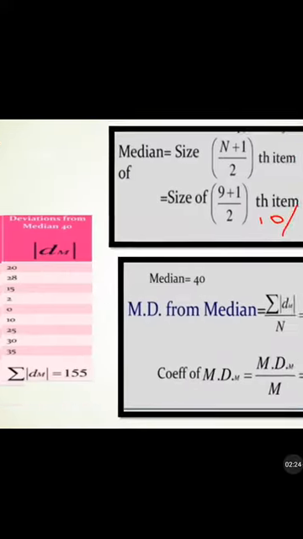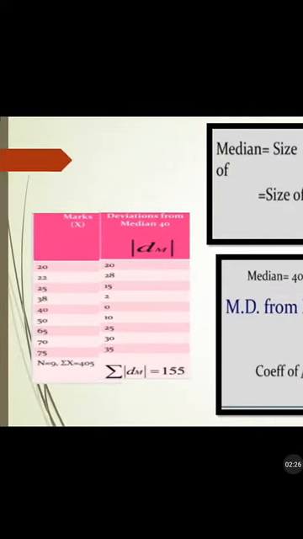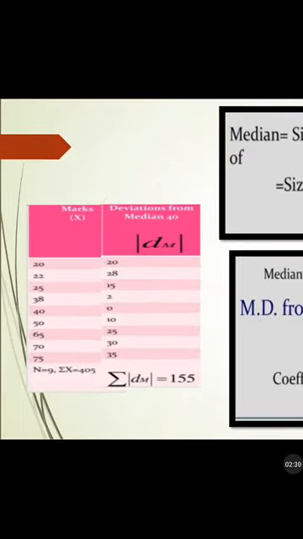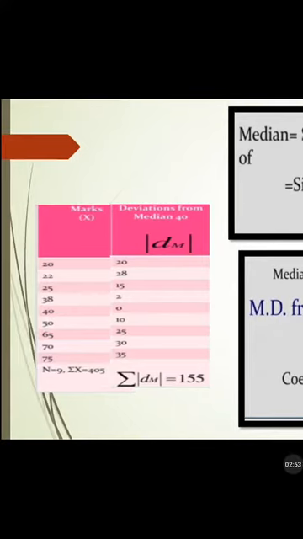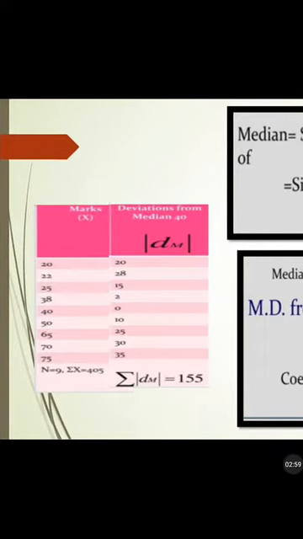So this is the calculation part. For median, I have already told you that you should arrange the values in ascending order. Do you remember that step? For median and for quartile deviation, we have to arrange the given x values in ascending or descending order. Here we are arranging in ascending order for simplicity's sake. In this particular problem, the values are already arranged: 20, 22, 25, 38, 40, 50, 65, 70, 75. So the first step is not needed for this problem.